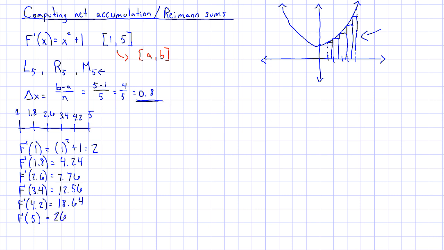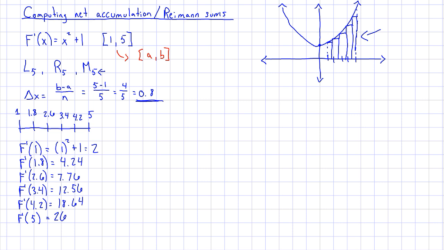So I now have all of these. There are 6 of them. And for each of my left and right, I'm only going to use 5. So for the left-hand one, I'll use the first 5, 1 through 4.2. For the right-hand approximation, I'll use the last 5, which will be 1.8 through 5. Those will be the heights of my boxes, and I will multiply the heights by the widths